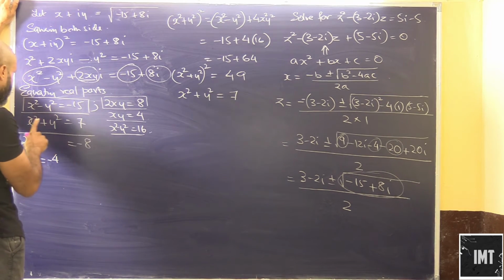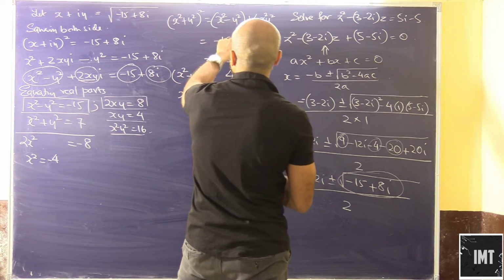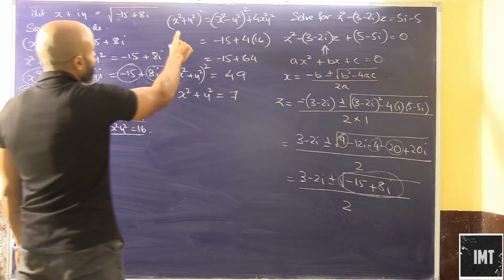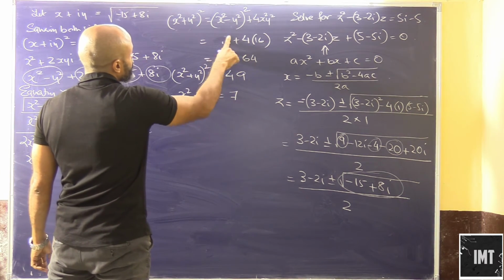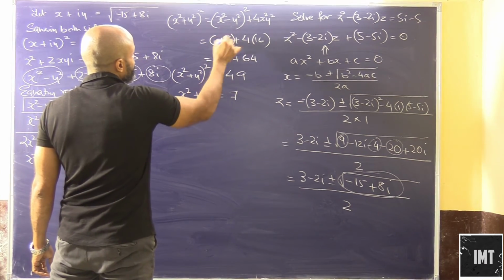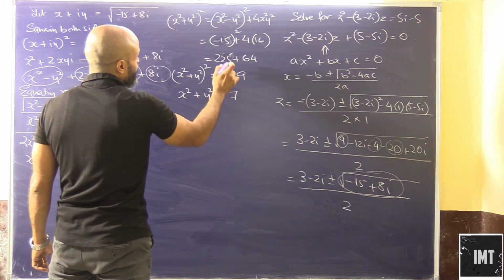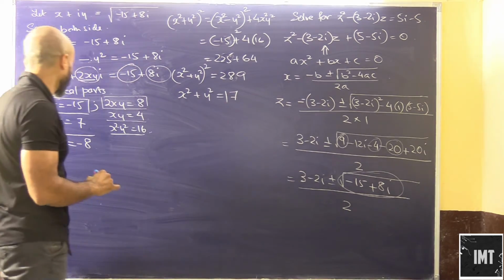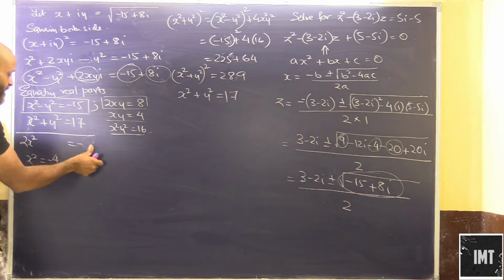to 16. x square plus y square will be equal to x square minus y square, this has to be squared. I am going wrong here. Okay, x square plus y square will be x square minus y square squared plus 4 times x square y square. So this will be minus 15 square, so this will be 225, yes, 225. So that means 225 plus 64, that's 289. So x square plus y square will be 17, right? x square plus y square will be 17. So we have here 17.